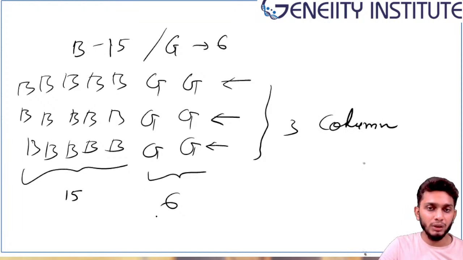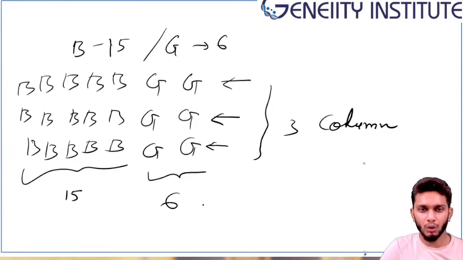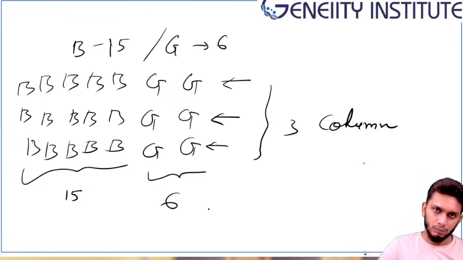गर्ल्स की कितनी रो हुई? 2। हाउ मेनी रोज ऑफ गर्ल्स? हाउ मेनी रोज ऑफ बॉयज? 5। टोटल रो 7। 7 3 are 20, so you have total 21 students। Okay,